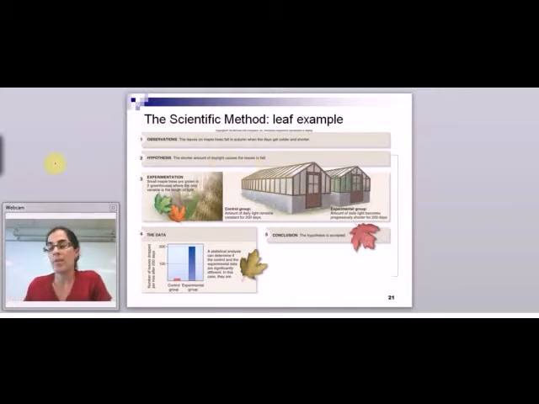Okay. So again, if we connect this to a prediction, from that hypothesis, I can make a prediction that if I take two trees and give them less light, then the leaves will fall. Okay, so in this experiment, remember that we need to make sure that the only difference between the trees is